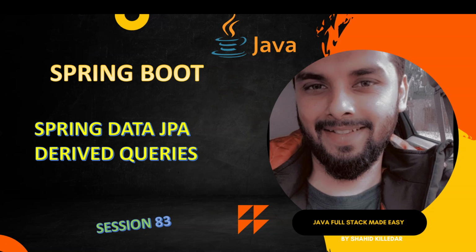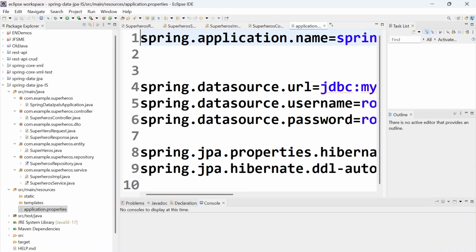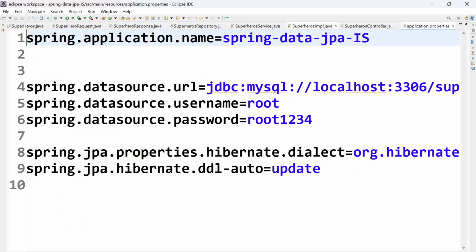In this session, we will talk about the Spring Data JPA derived queries. If you remember, in the previous sessions, we have talked about the Spring Data JPA CRUD. So let us just go back to what we have done till now. We have created a Spring application for Spring Data JPA